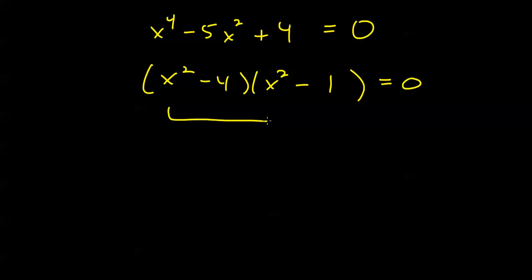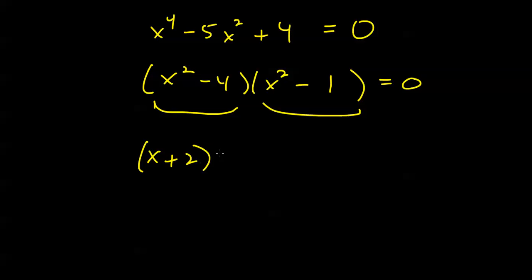Check it. The first product is x to the 4th. The outer product and inner product do indeed add up to minus 5x squared, and the last product is, of course, positive 4. Alright, so I have factored the left-hand side, but notice there's a difference of squares here, and there's a difference of squares here. I can factor this again, and I'll get x plus 2 times x minus 2